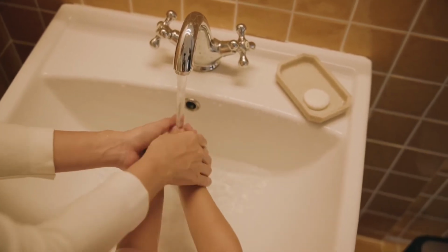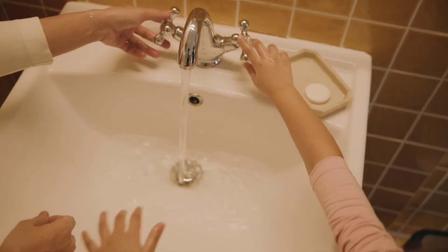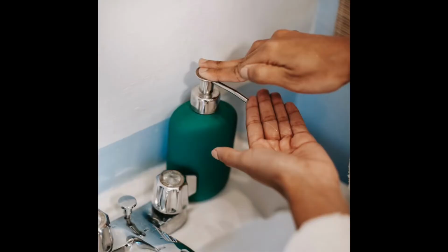Have them sing the ABCs. Sing the ABCs for them. Make sure they use soap, because as a teacher, I've seen kids just try to rinse their hands, but no, they need soap and they need to rub their hands together to get those germs out. And staff need to wash their hands too, especially after changing diapers and touching bodily fluids,